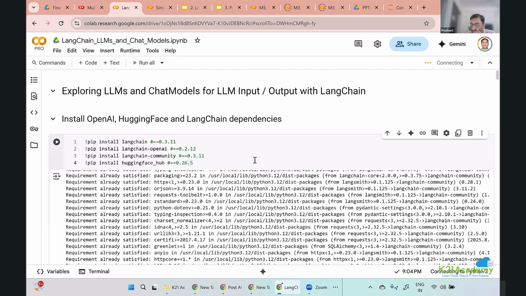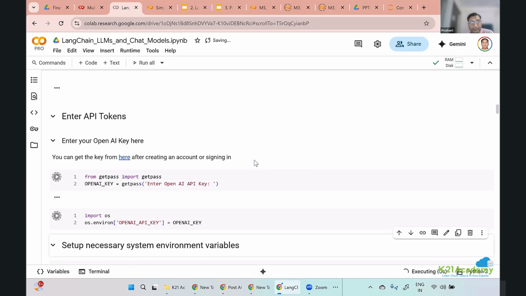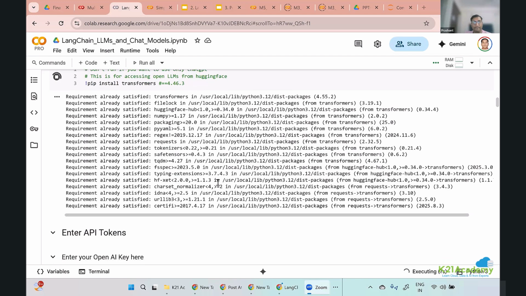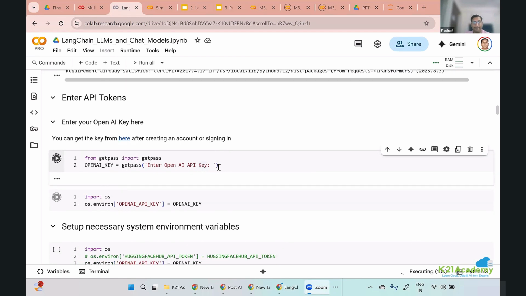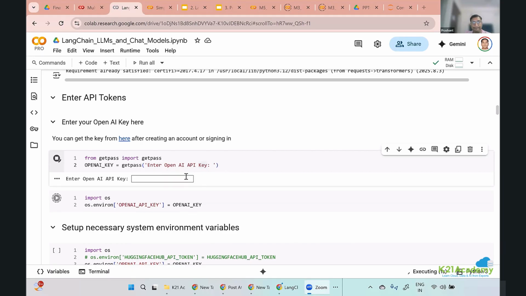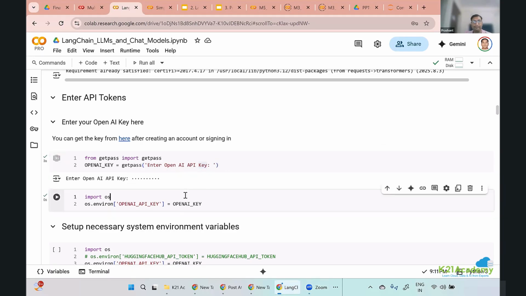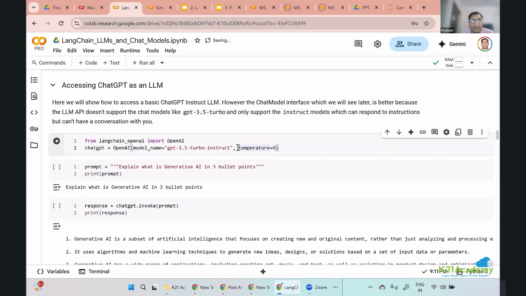Oh, my runtime changed. Fine. So if you change the runtime, you'll have to execute again. No worry, this will be fast. Okay, so first we will